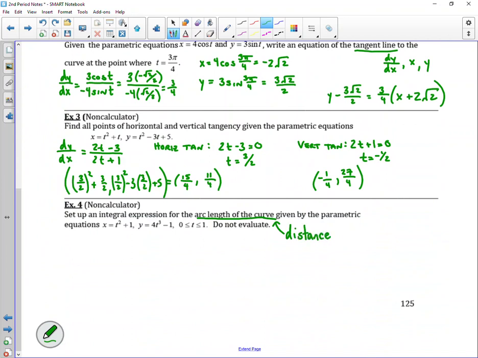Distance traveled. So that's the exact same thing as arc length. Okay, now, what were the arc length equations you remembered from back in the day? You're too fast for me. I'm still just writing arc length. Integral a to b of square root